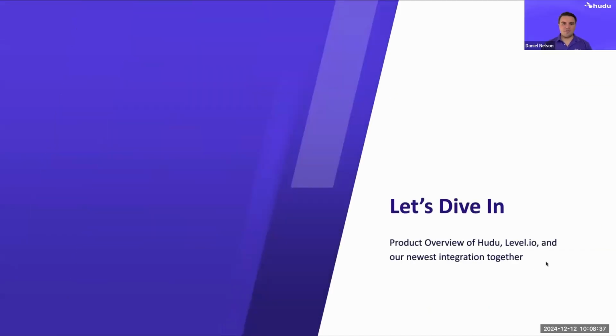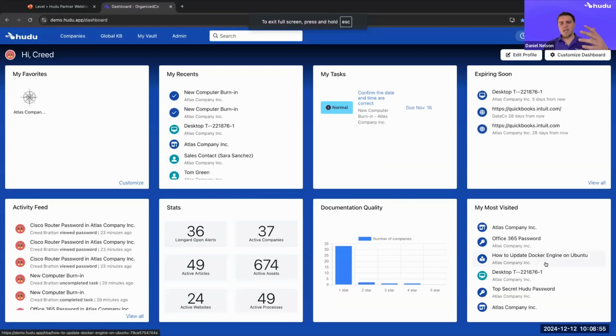Awesome. So we're now at the part where we wanted to spend the majority of time inside of the products themselves, showing off how Hudu works, how Level works, and then of course, how this integration works together. So we're going to start off on the Hudu side of things here